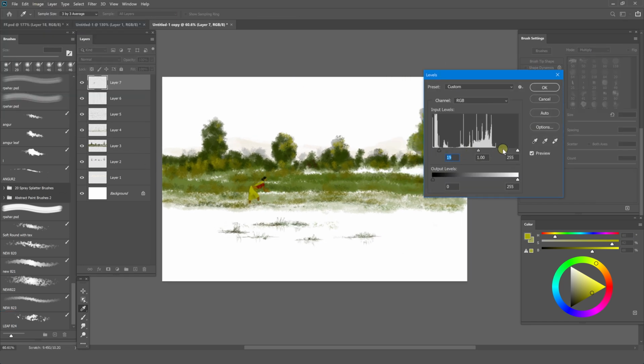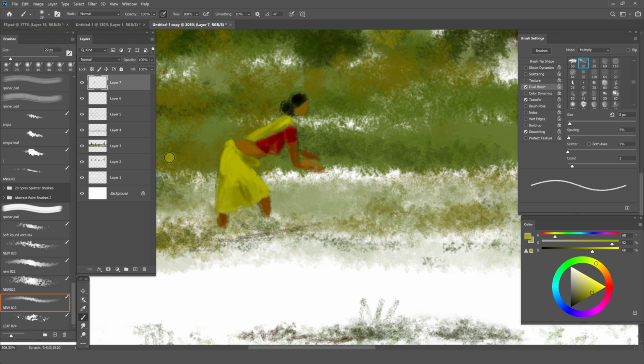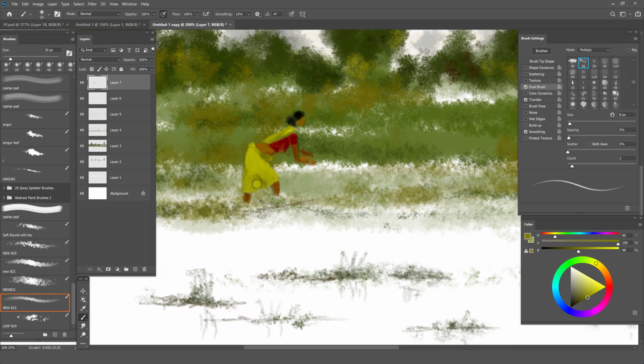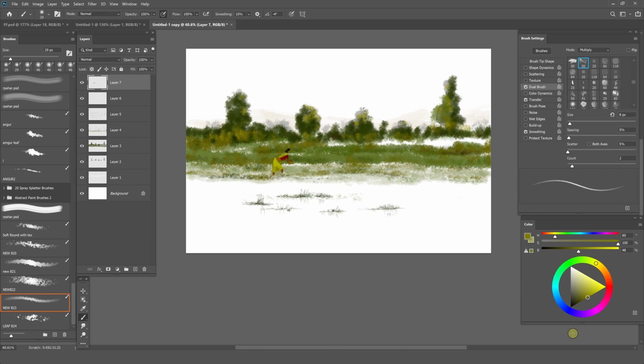You should often use curves or levels from image menu or from layer menu to correct your tonal effect, or for sharpening your image from the unsharp mask filter.